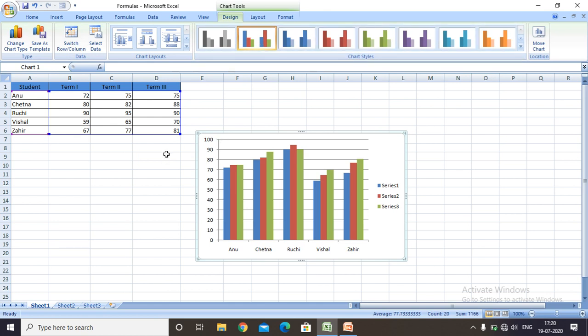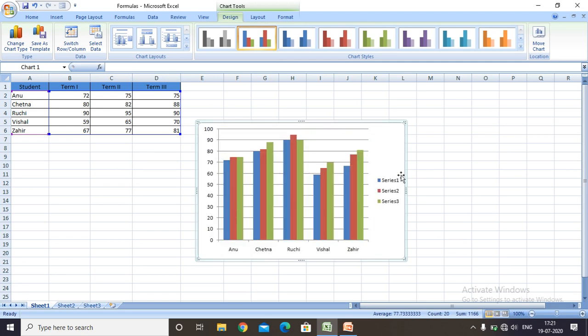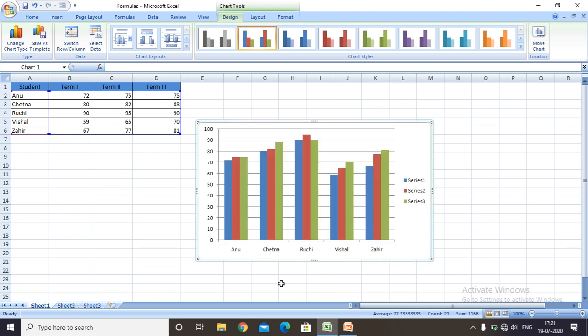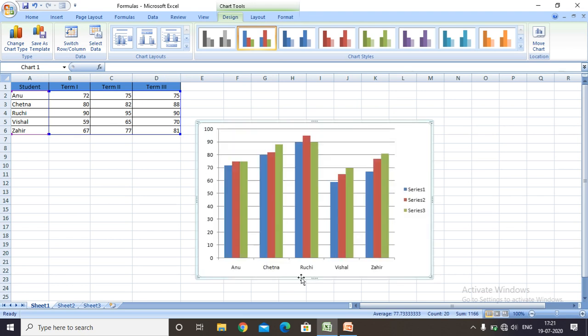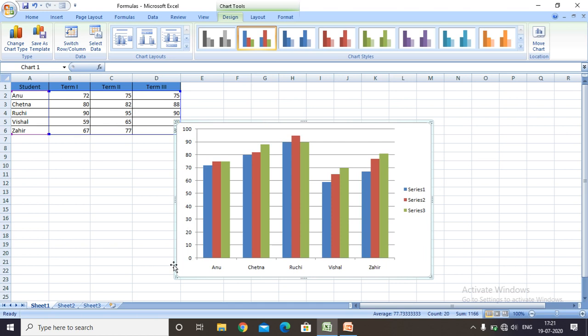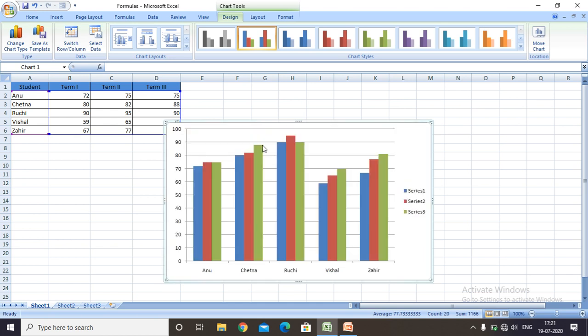Next topic is how to resize and move a chart. To resize a chart, we can select the chart and place the pointer over any of the 8 resizing markers. So here we have 8 resizing markers. You can select and drag your pointer, and you can see you can resize your chart from any of the 8 resizing markers present on the border.